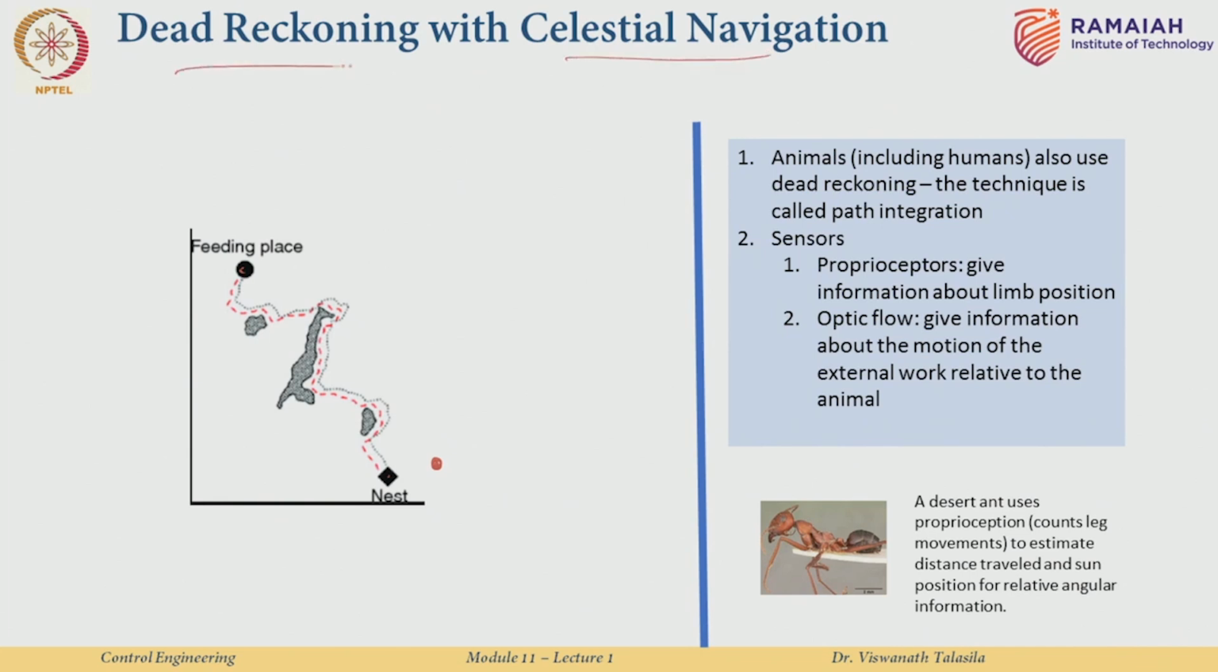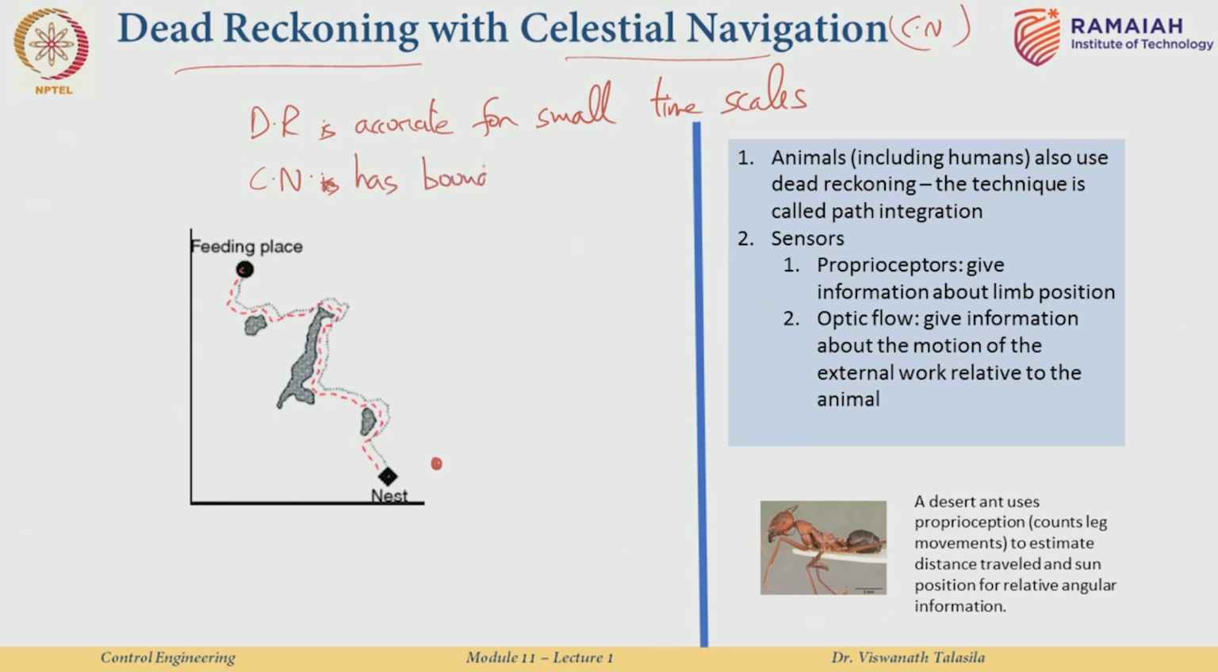We know that dead reckoning is very inaccurate. When you combine dead reckoning with celestial navigation, we actually get a far more accurate picture, and the idea is very simple. Dead reckoning is accurate for small time scales. Specifically, this means if I am navigating for a very short amount of time, like say a minute or two, dead reckoning is very accurate. Celestial navigation has bounded errors